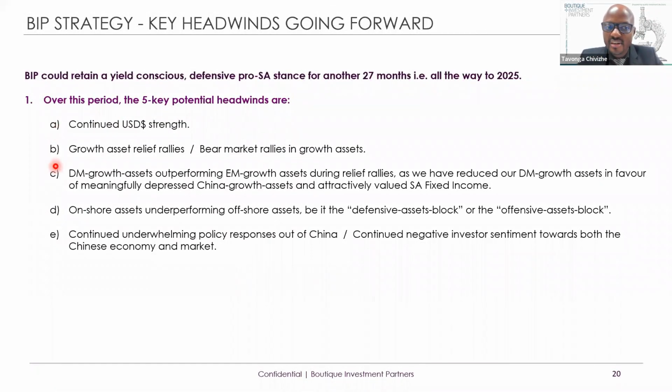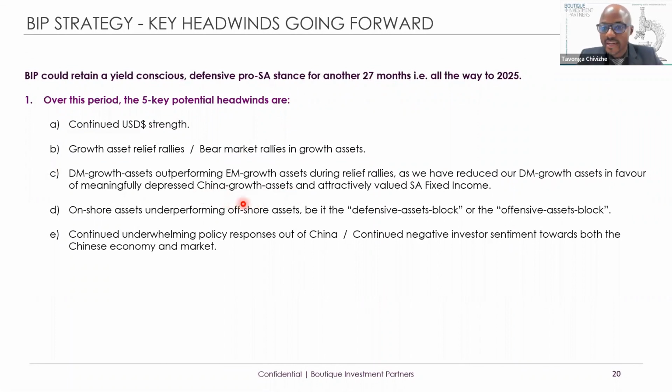We were very worried about global bear market rallies, rather. I think that's an easier one to pronounce. We're so concerned about bear market rallies, but equally, we're not willing to participate in them because of the downside risks they came with. And then the issue of DM growth assets outperforming EM growth assets, especially China,